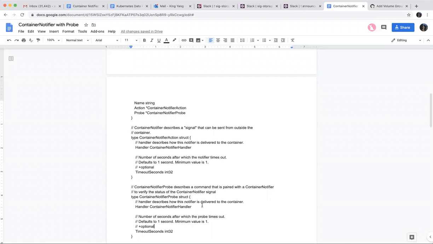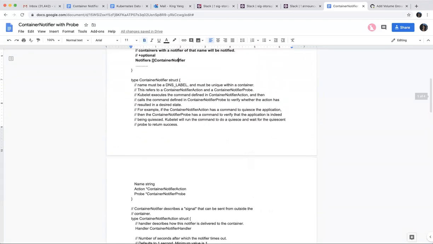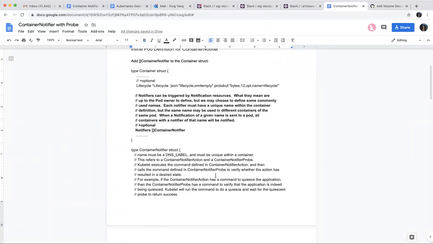The probe will basically be saying, is it really in this condition, in this status that you want it to be? So basically, when the application snapshot controller sends this request to have this container notifier, kubelet will find this name, and let's say this is a quiesce, right? Quiesce application. So it will first look at this container notifier action, and then run that command to quiesce.